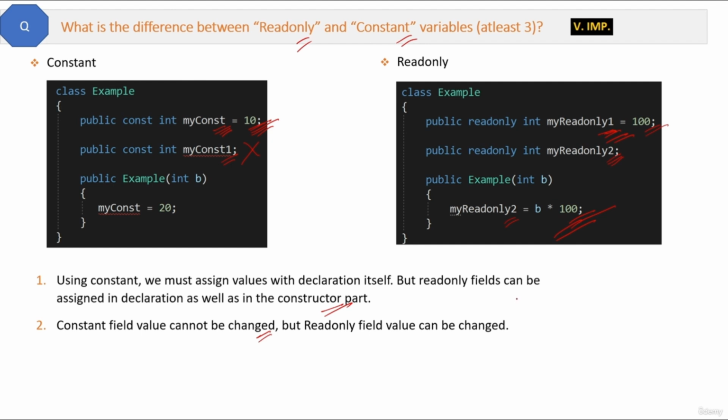The third and simple difference is that the const keyword is used for constants and the readonly keyword is used for readonly. Basically, by telling this kind of simple difference also, you will create some impression. Don't think that it's quite obvious and we will not tell this. This will also give you a good impression in front of the interviewer. Now the last difference is